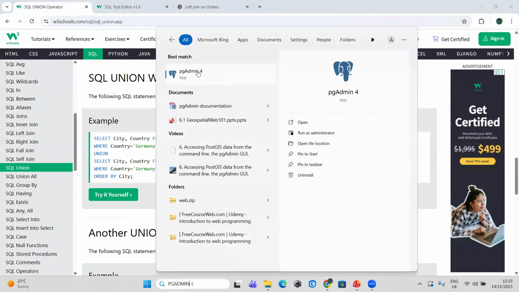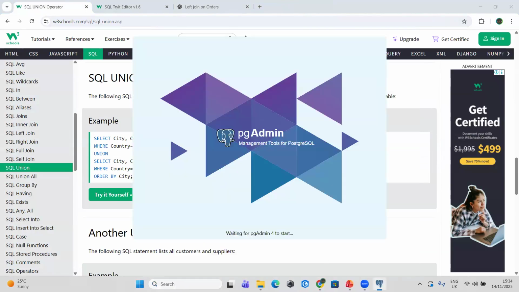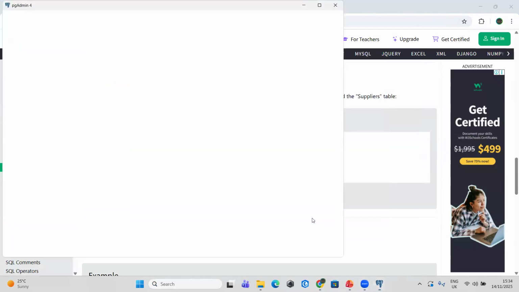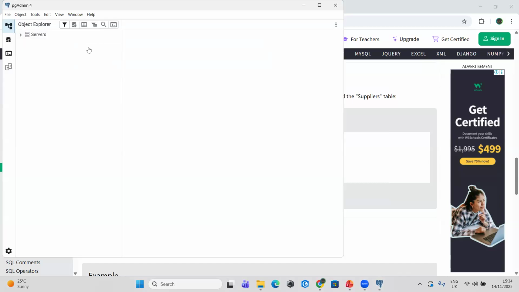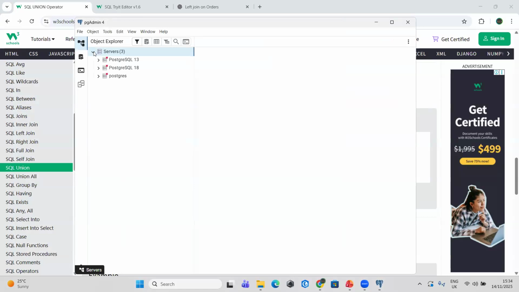So are you able to see this? Yeah, PG admin 4. Just click open. So does it open? Yes,